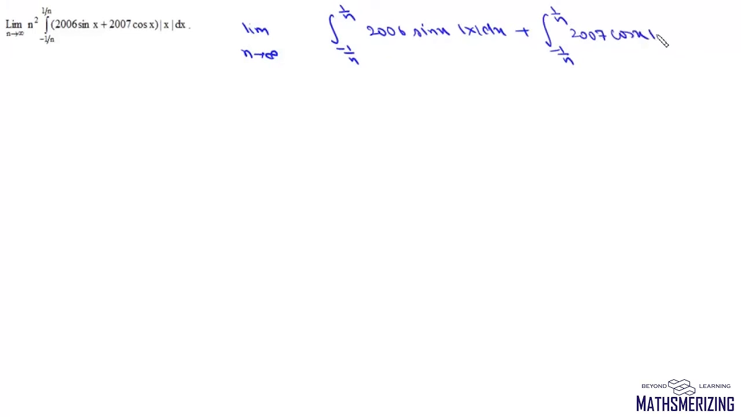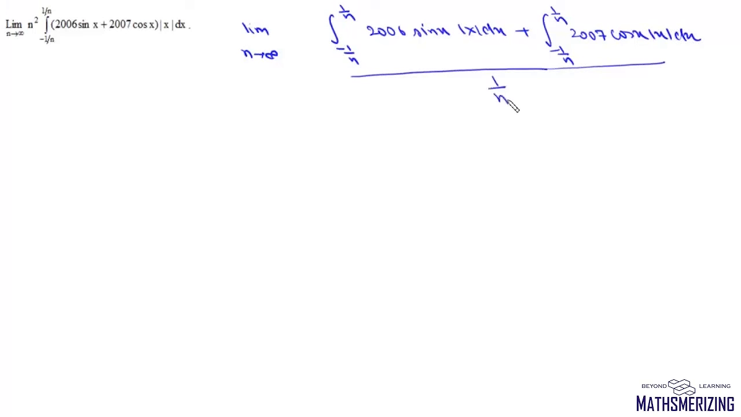Now here the question is the limit as n tends to infinity of n square times the integral from minus 1 by n to 1 by n of (2006 sin x plus 2007 cos x) into mod x dx. Now what we'll do is we'll write this limit as the limit as n tends to infinity of the integral from minus 1 by n to plus 1 by n of 2006 sin x into mod x dx, plus the integral from minus 1 by n to plus 1 by n of 2007 cos x mod x dx, whole divided by